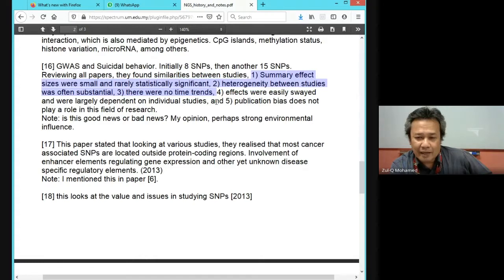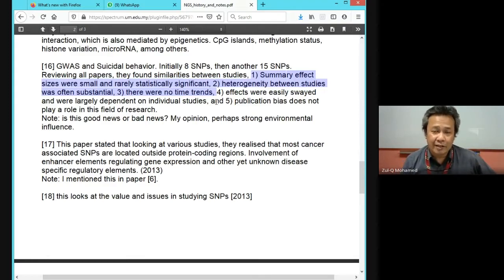My question here is, when you say there's a lot of variation, is it good news or bad news? Personally, I think it just says that it's not easy to determine. When you see so much variation, to me, it just implies that perhaps genetic factors are not that important. Although there may be an effect, as I said, effect sizes were small, and the phenotype is G plus E. E is bigger.